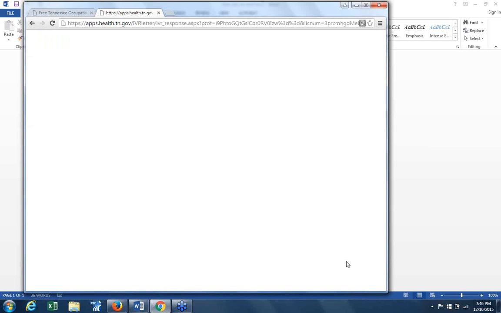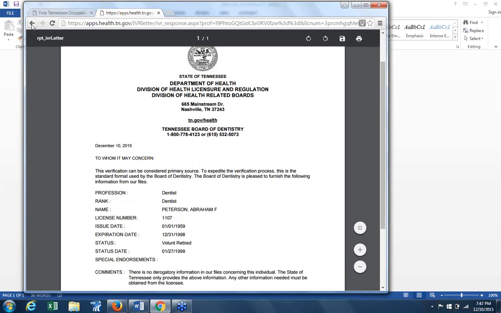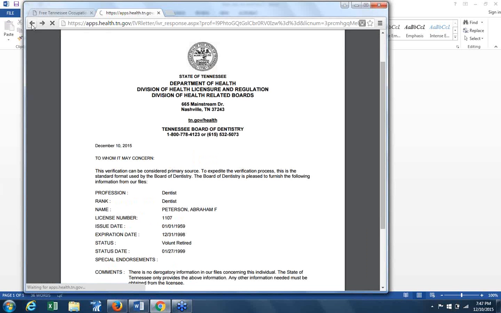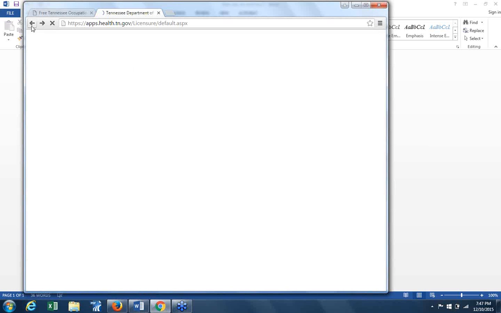So here's just the paperwork on this. But it looks like in Tennessee you can get that information right at the face page here. So let us go back. There we go. Oh, we lost it. But you saw the information was there. It told us when it expired and when they came into it. So again, you can just go ahead and copy and paste into a spreadsheet and work it that way if you wish.